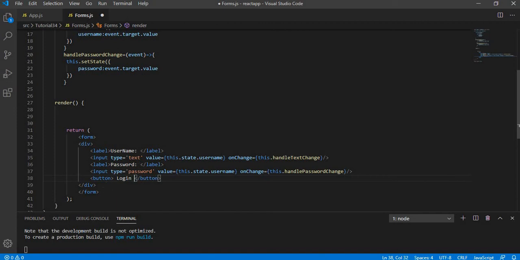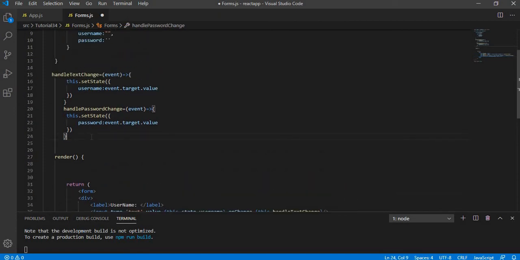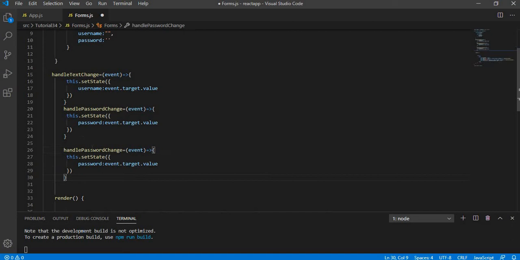Once this is done, what it is going to do will be handled in the on click event. So make sure that it is camel case, and inside this I'm going to mention this dot handle submit change. And over here I'm also going to create a handle submit change method to handle the submit, and I'm not going to pass the event as mentioned.